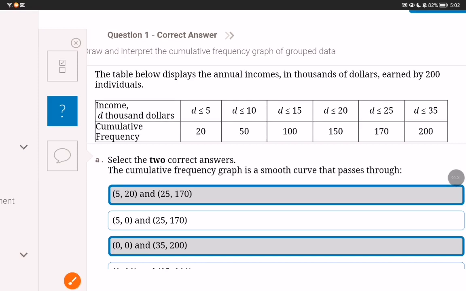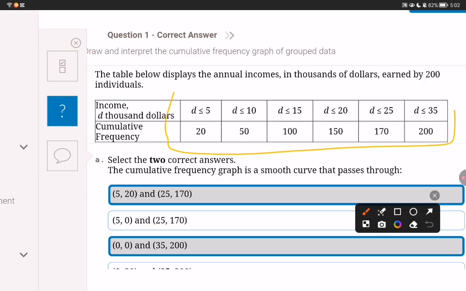Everyone, so this is section 1.4 for statistics. So in this question they gave us part A and part B, and they gave us a table. So in part A they want us to find points that are on the cumulative frequency graph. Now if you want to save time, for part A you do not have to draw the cumulative frequency graph,